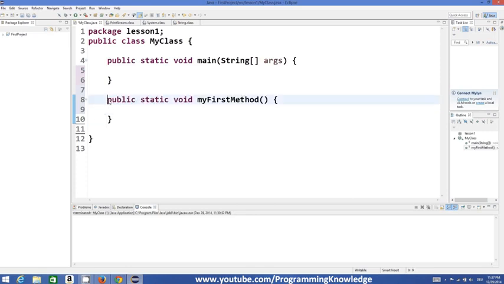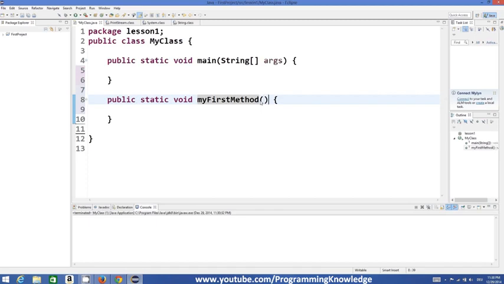So what are these? First of all, public static is called the access specifier, and the public keyword tells Java that it's accessible anywhere inside your class. Okay, and then void is the return type. Right now we are not returning anything, that's why we write void here, but I will show you in further videos how to return a value using a method, and in that we will see more options other than void. And then comes the method name, and in these